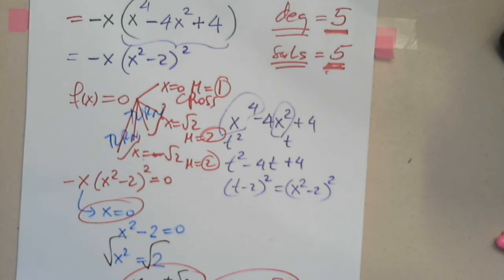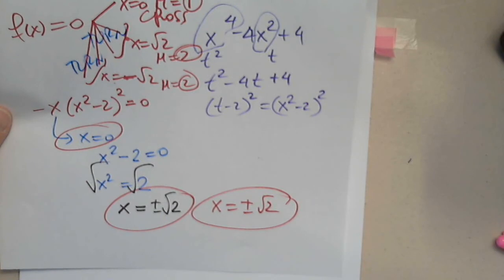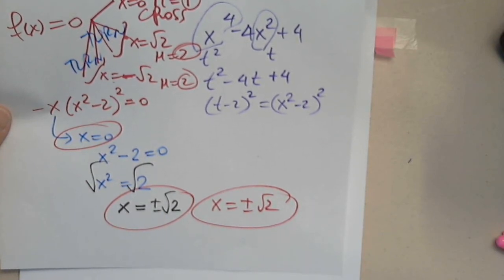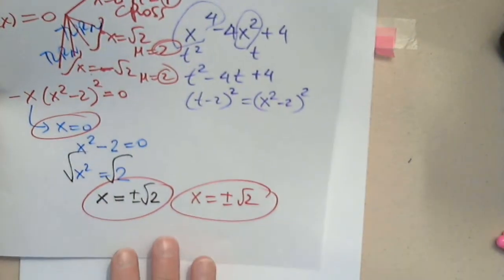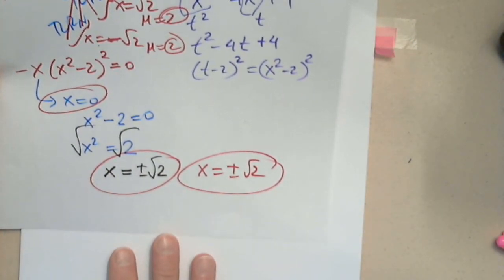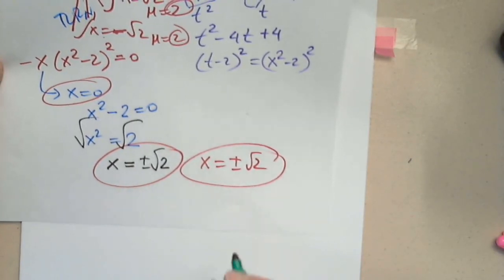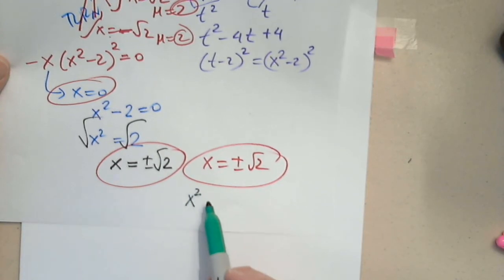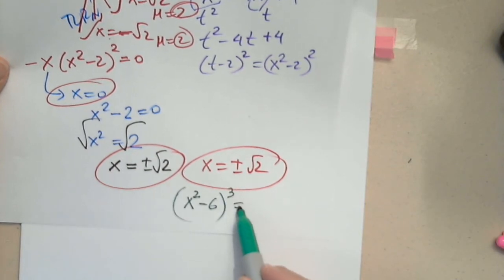Very good questions. Anything else? Is this okay? When you're doing a multiplicity, say that was the square root of 6, would the multiplicity be 6? You mean degree 6? No, I'm saying if it was a different number other than 2. If I have x squared minus 6, let's say, to the third power equals 0,